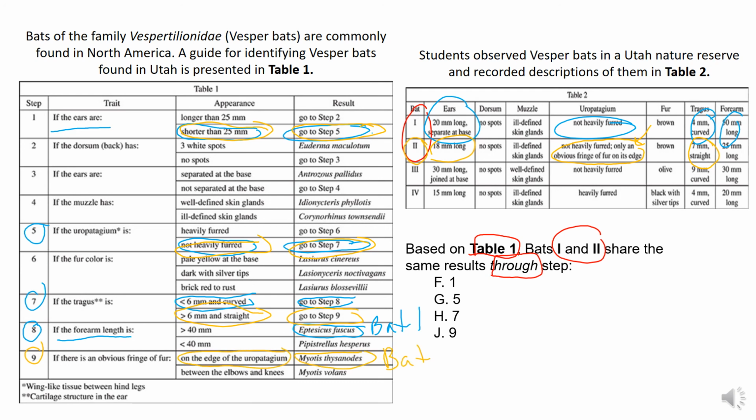Now, where were they all the same at? They will be circled together, right? Well, let's look. There's only one spot that they circled together, and that was here at step 5. So that means your answer is